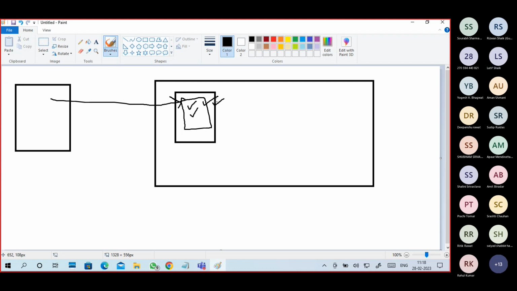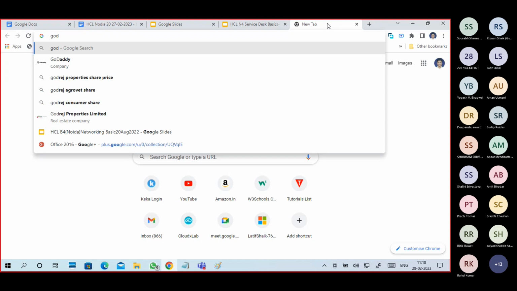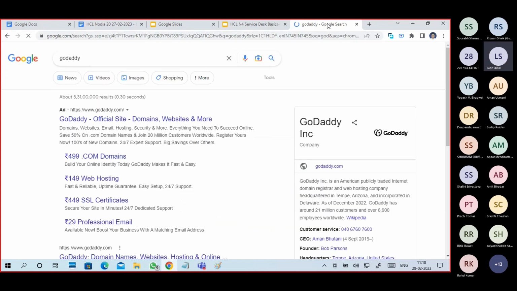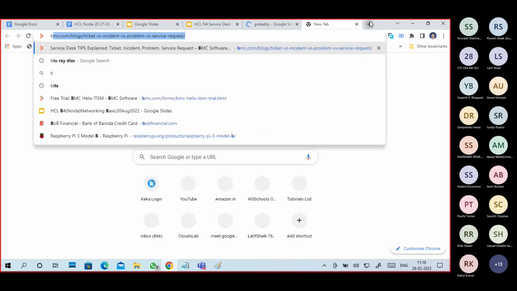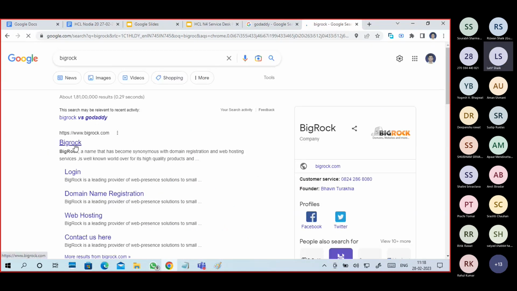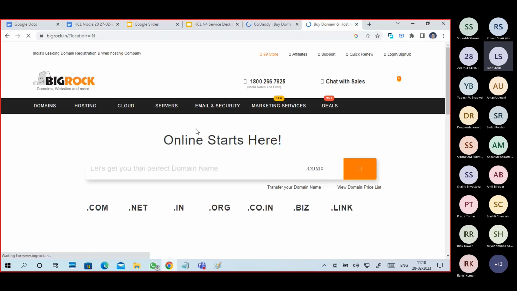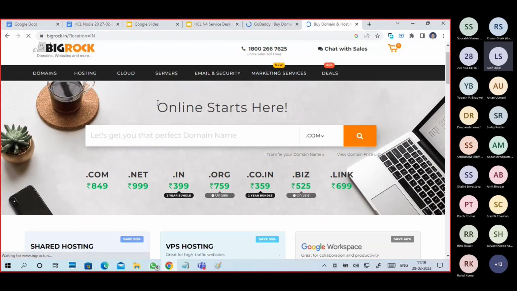Okay, try to imagine. I have a server, and this server runs a website which belongs to a certain client. The client cannot run his own website, so what he will do is give it to another server. I will give you an example. You know GoDaddy, Big Rock. They also sell domains as a third party, and they also do hosting.